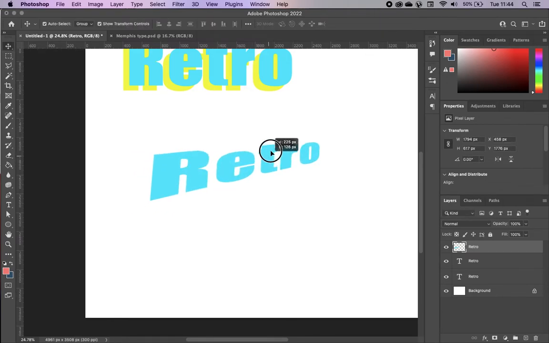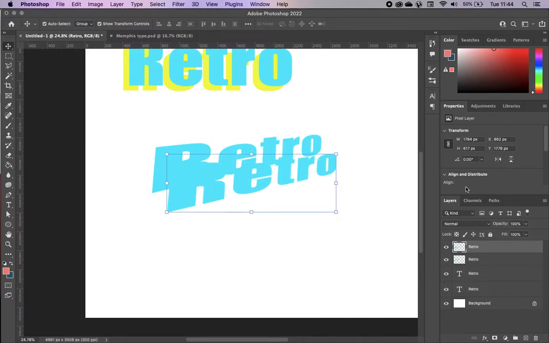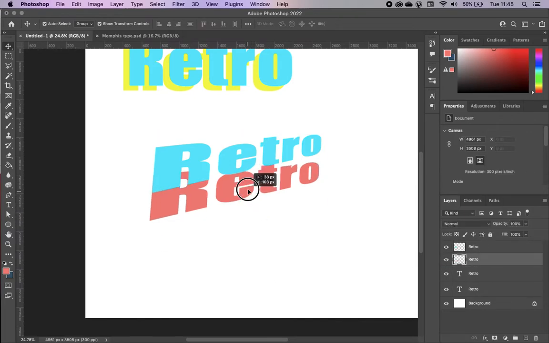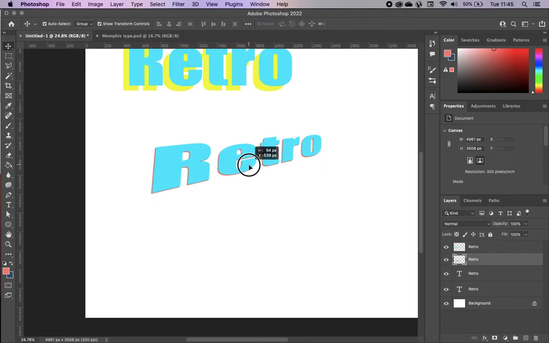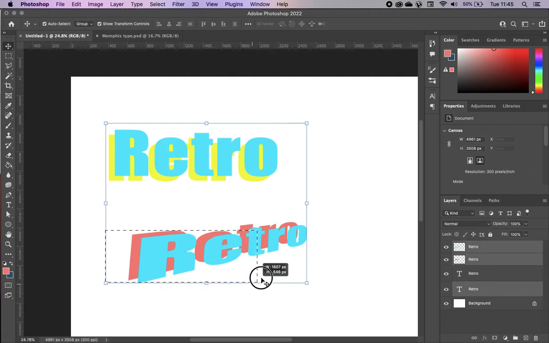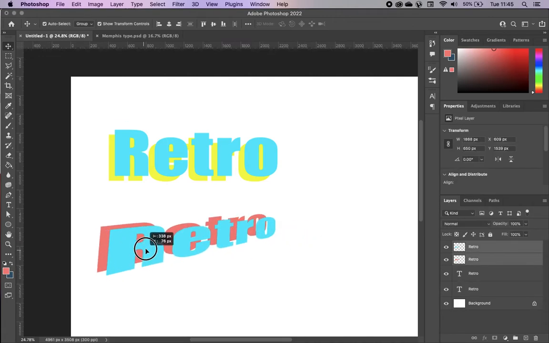So now we've got that almost physically going off into the distance. If I did the same thing again, this time if I want to recolour it, I'm going to have to use my paint bucket tool. And again, pop that behind and just offset it slightly. I could go like that so that it looks like it's sort of gone behind it. So you can see we've got that sort of 3D text effect going on there in two very different